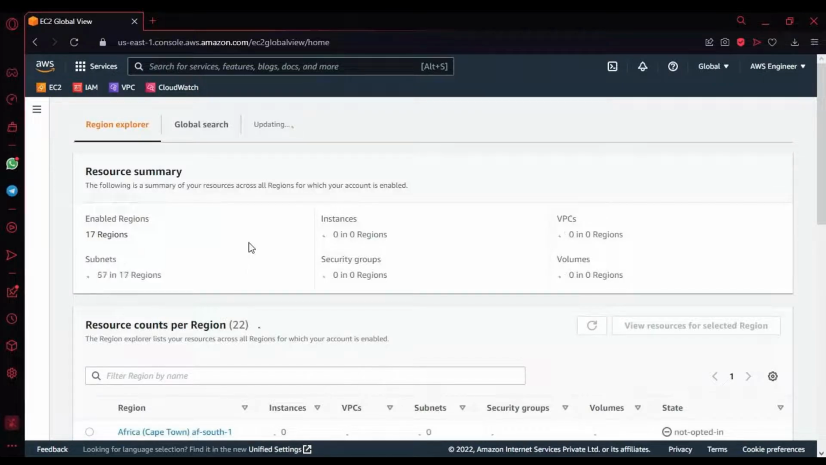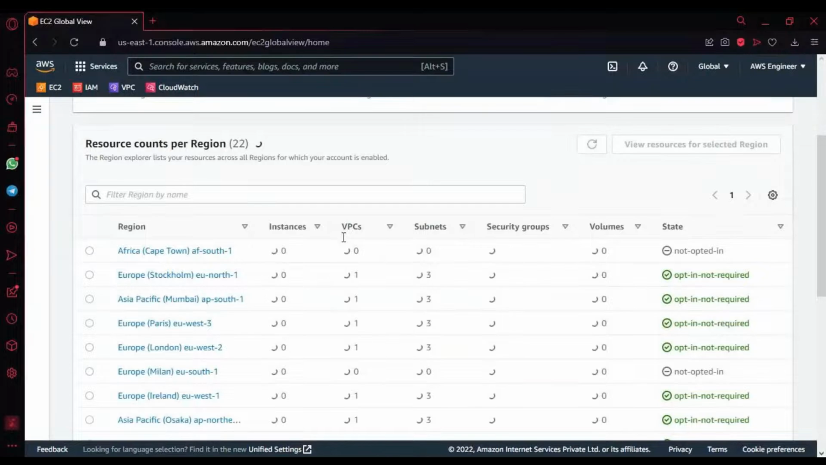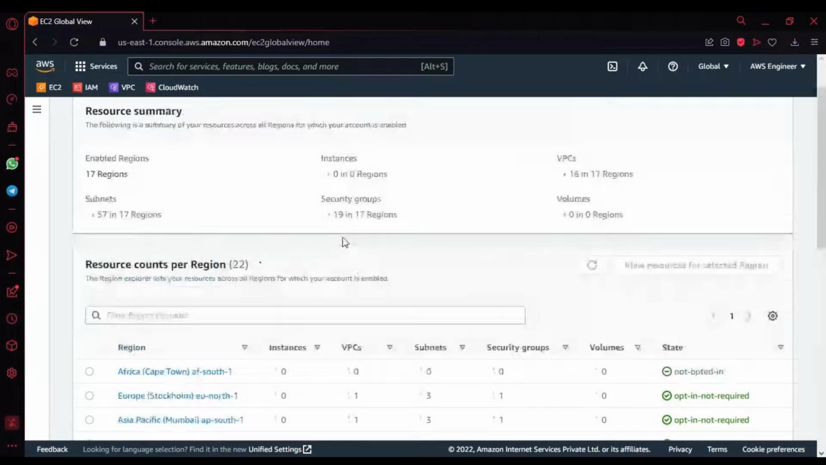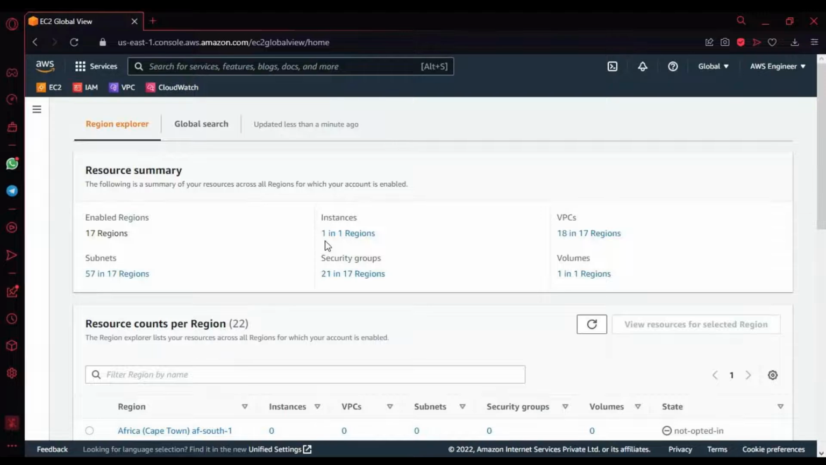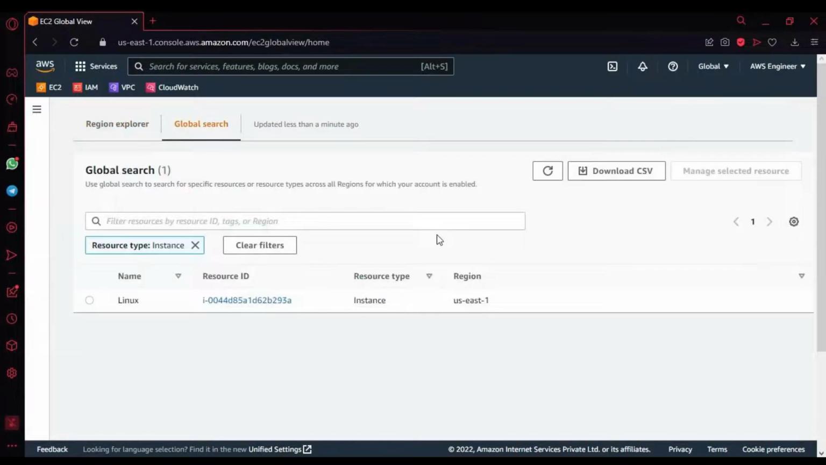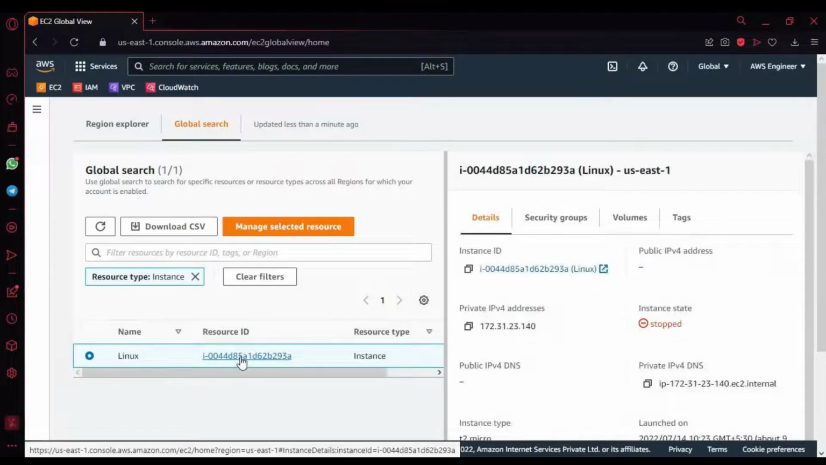So it will take a moment to update the setting. It is collecting the information about what resources I have deployed across the globe. So it is showing me that I have only one instance in one single region. AWS provides a lot of options to move back and forth between their applications. If you click on that, it will give you this resource, and you can directly see the information over